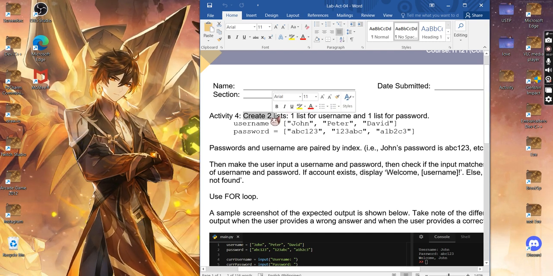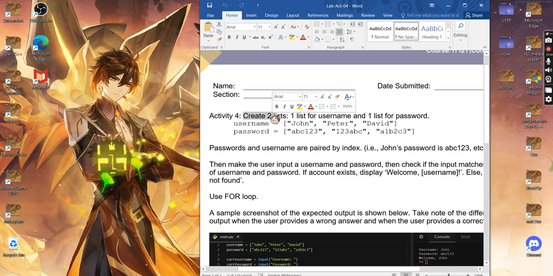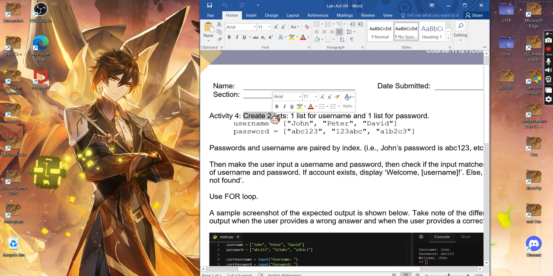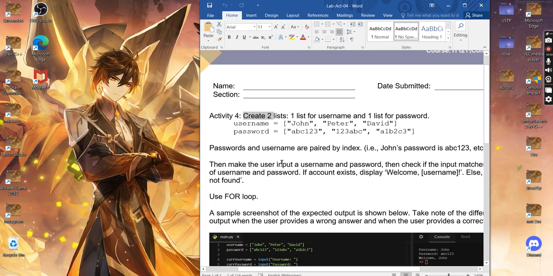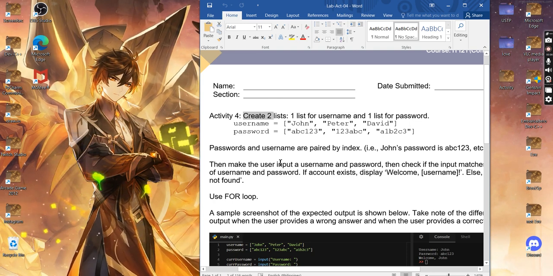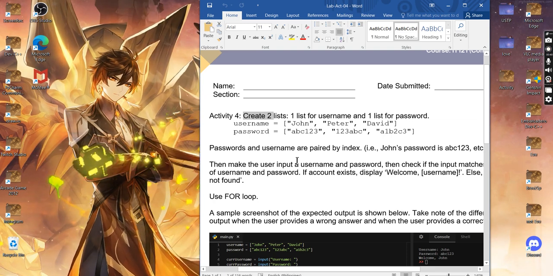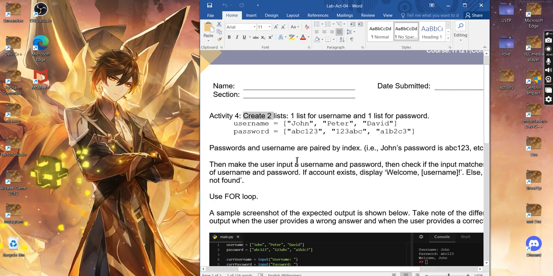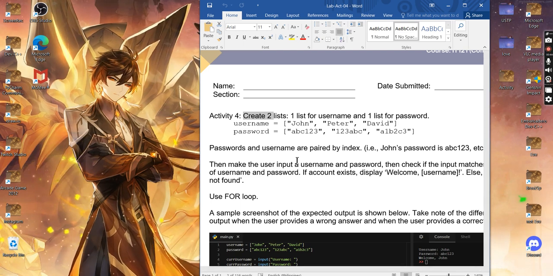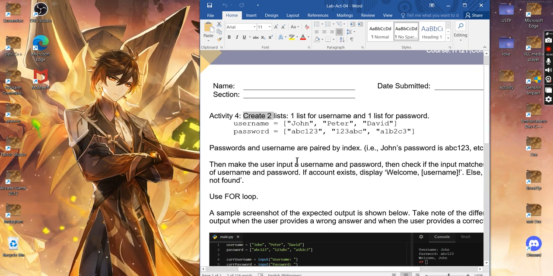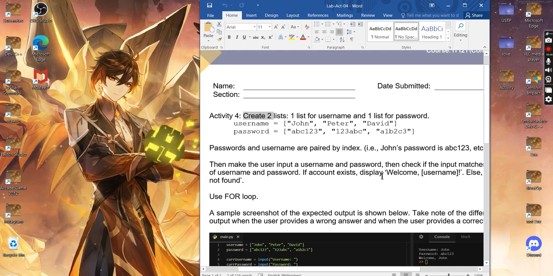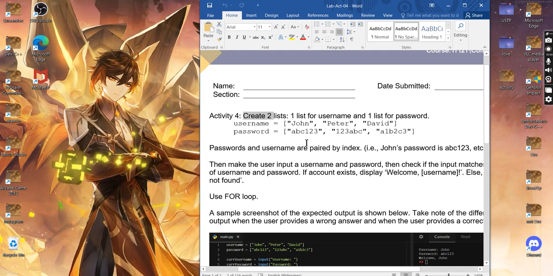These two lists, we are going to pair them by index. So if the user inputs a username and password, our program will check if the input matches the pair